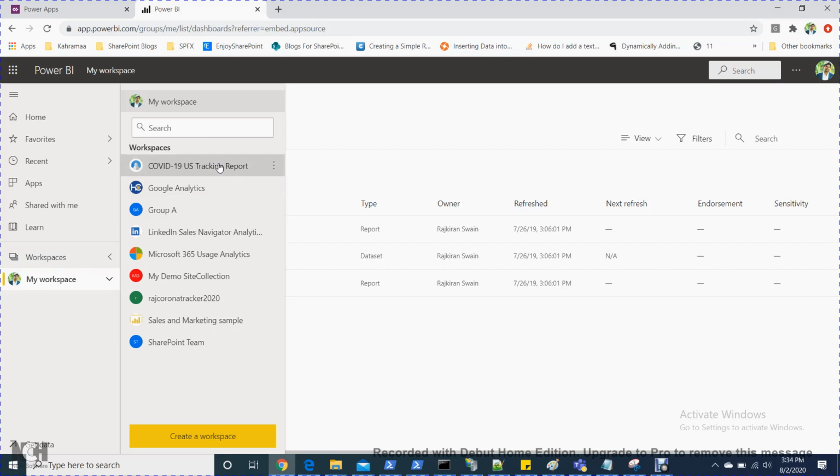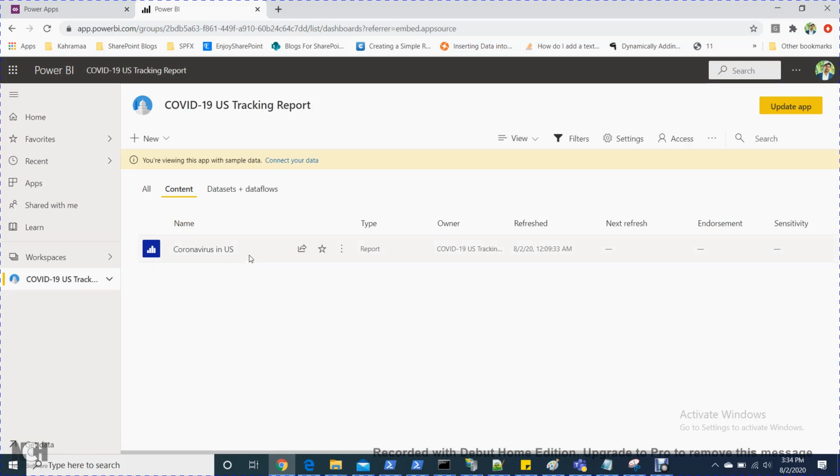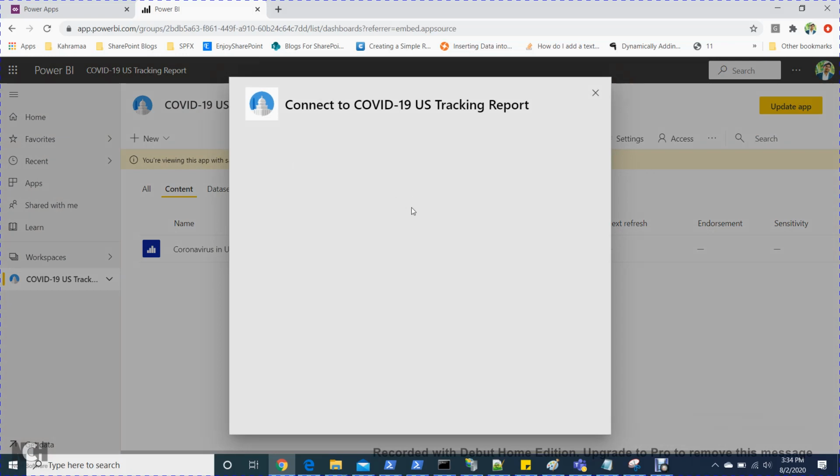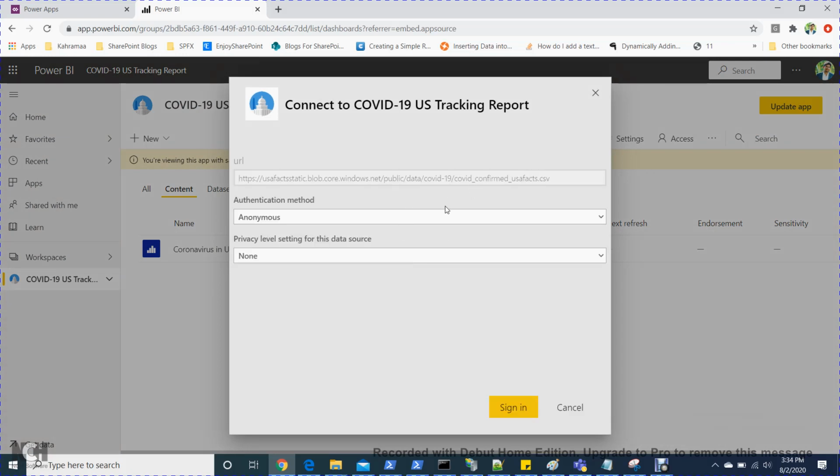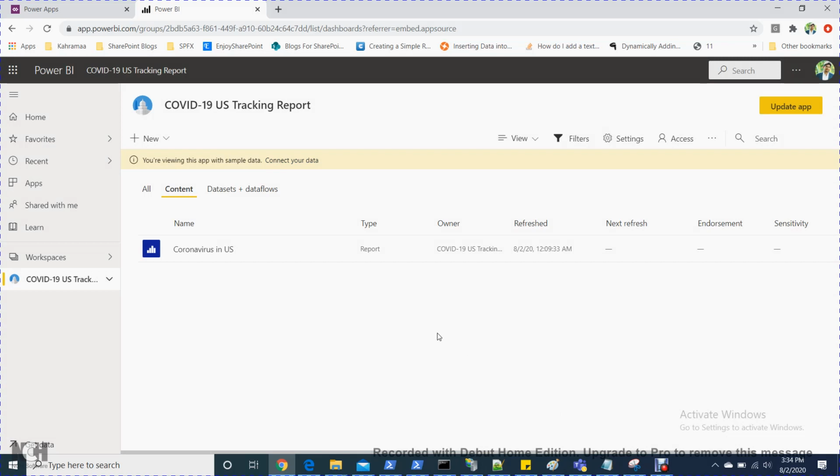If you click here on COVID-19 tracker, you can also connect to your data. If you connect to your data, you have to give anonymous access or private access. You have to give the access URL so that the report will be saved in your system. Connect to data means it will take your application data here and show the report based on the